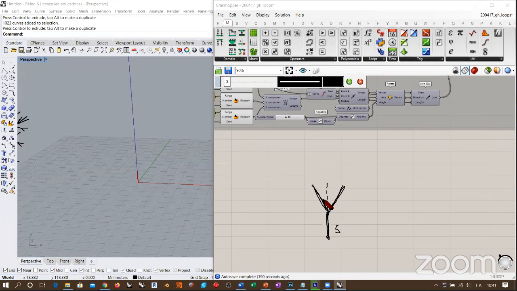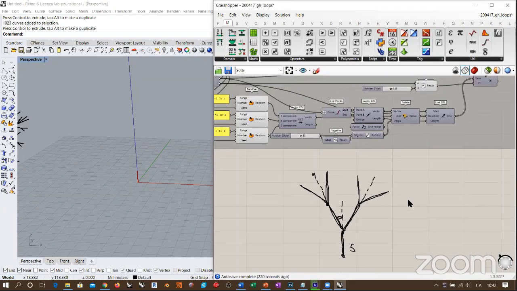And also I have control over this angle here. Then there is the second iteration. This line is basically being displaced like this, and then it's being rotated like this. But there is also this other line, which is being displaced like this, and it's being rotated like this. So I'm creating a branching algorithm using simply a loop and some geometrical operation. Okay, this is what we are doing with this